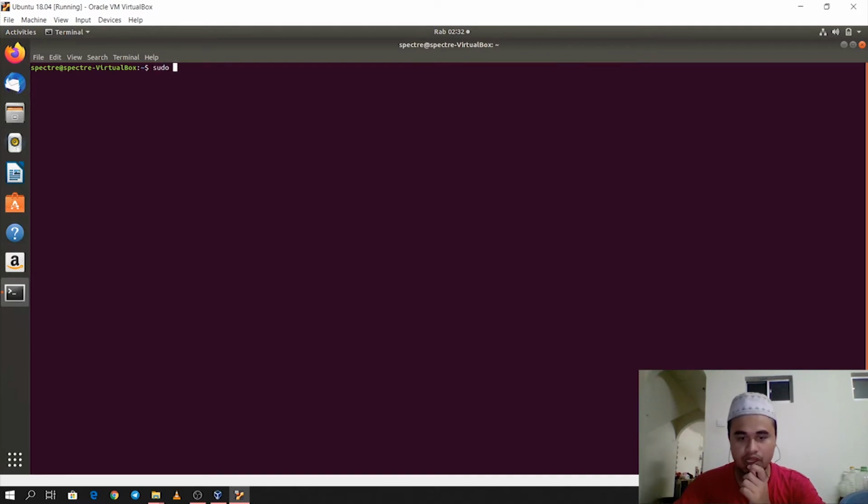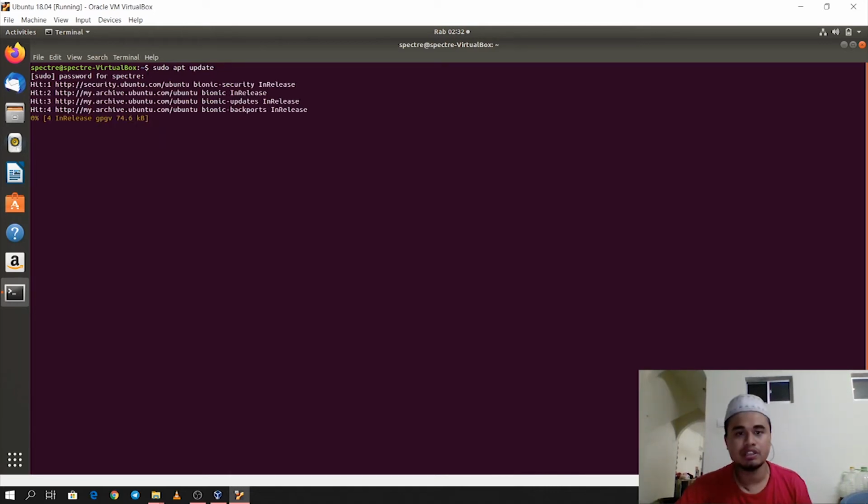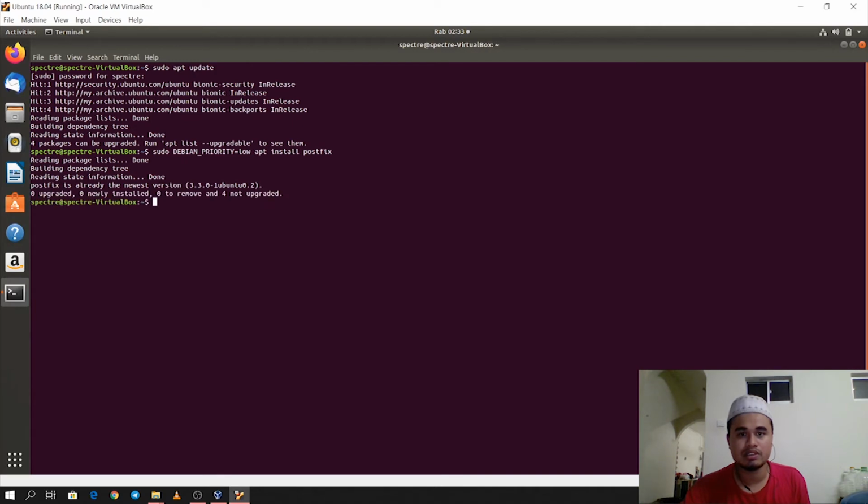Today I want to show how to make a mail server on Ubuntu. So we type sudo apt update, and then we wait for the process. Then we type sudo DEBIAN_PRIORITY=low apt install postfix. The second option is Internet Site for the general type of mail configuration, okay, and then we